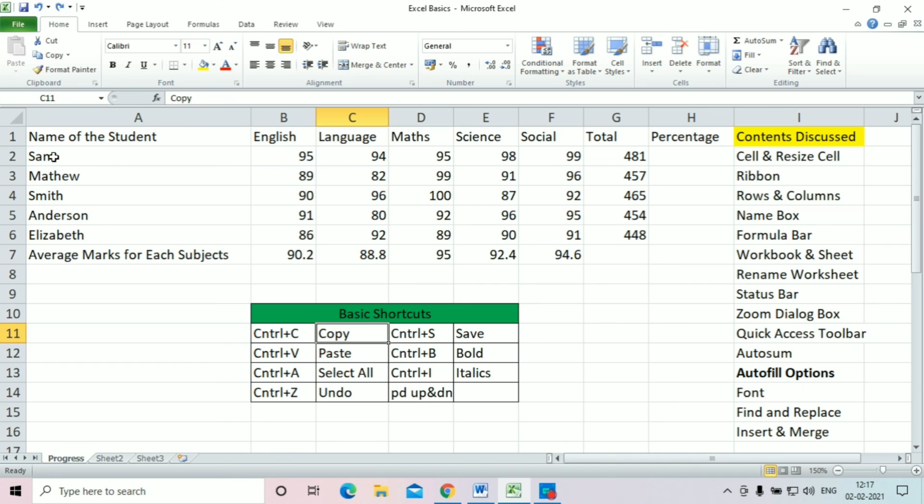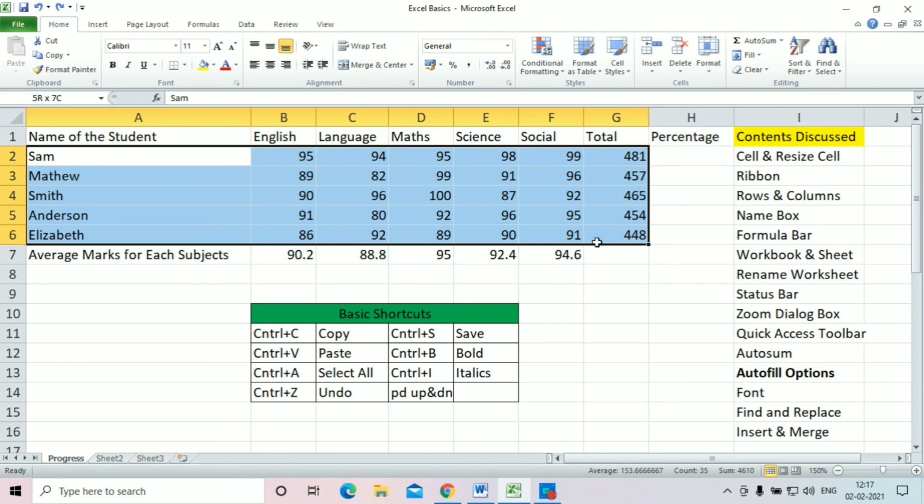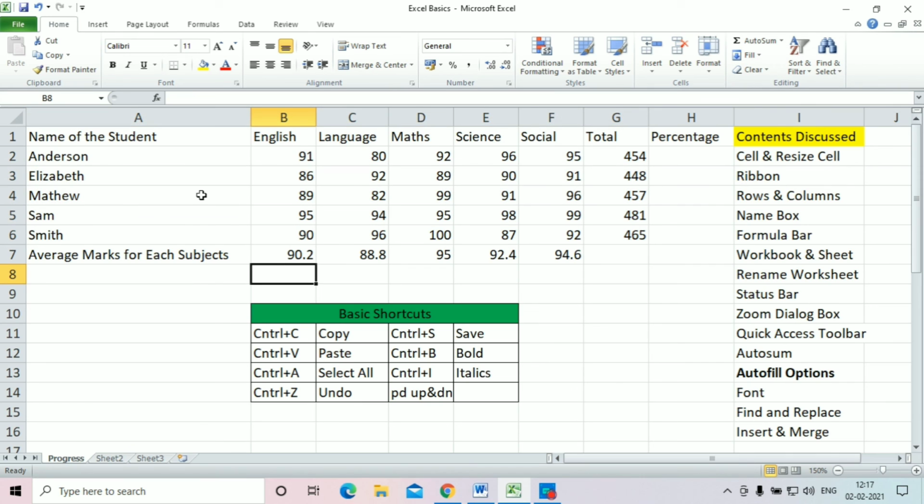So in order to sort from A to Z, ascending or descending, you have to select the entire data which you need to be sorted, so that the data in here wouldn't get merged as well. Click on sort and filter, and sort it from A to Z. Automatically all the data corresponding to the marks and the names will get sorted, and you can have a clear view if you're working with the data handling process.